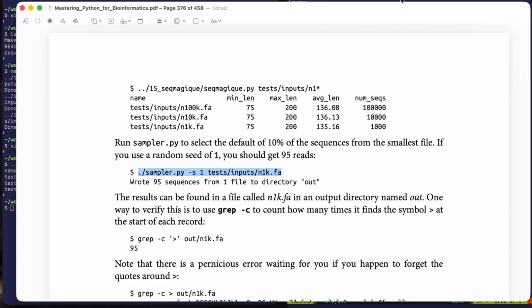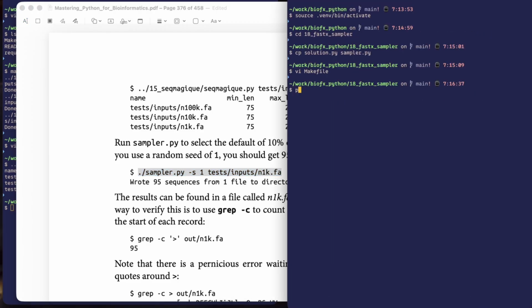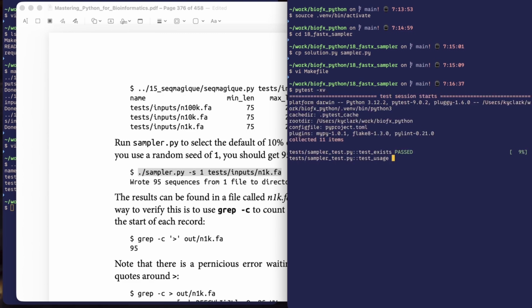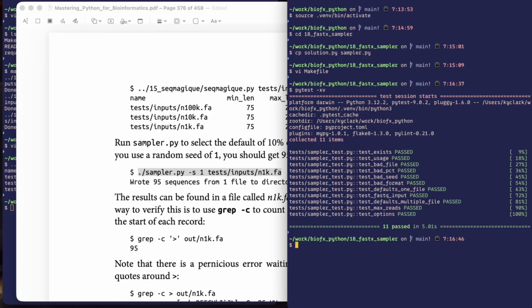Oh, actually, before we do that, let's run pytest to verify that the one that we're working with here does actually pass all of the tests that we've written. So this looks like a good program that we'll be using. So let's see how it works. If we run sampler on this 1,000